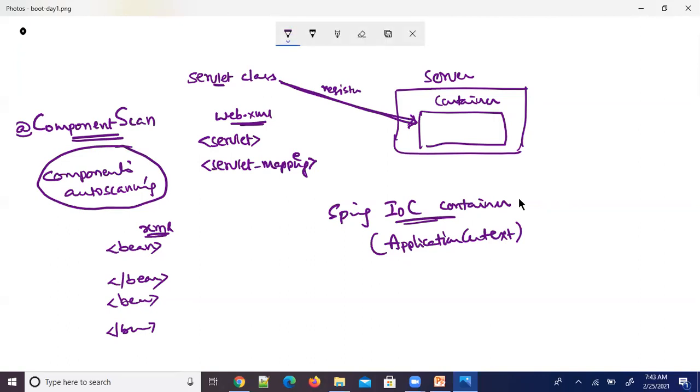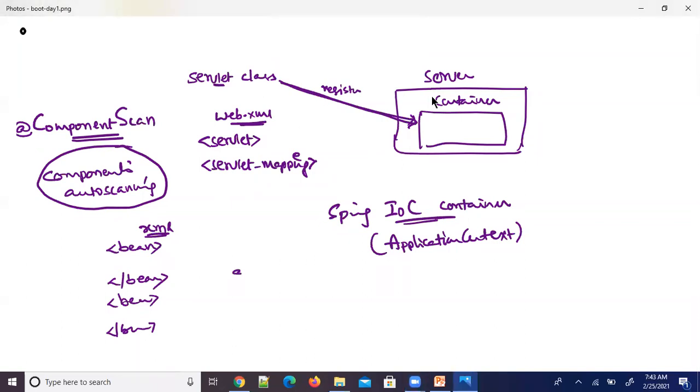This, everyone, I repeat, is an important annotation, and this annotation we add at configuration class level.